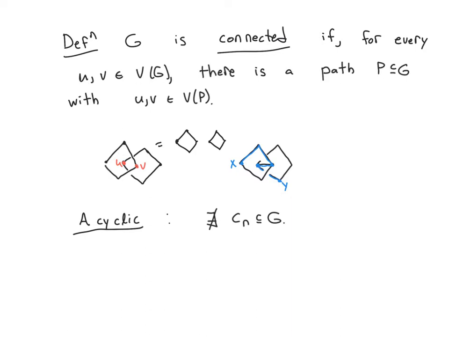Somehow the point is that a cycle has more edges than the minimum amount you need, because on a cycle there's 2 ways to get from point A to point B. So in an acyclic graph you don't have any of these types of redundancies where there's more than one choice,